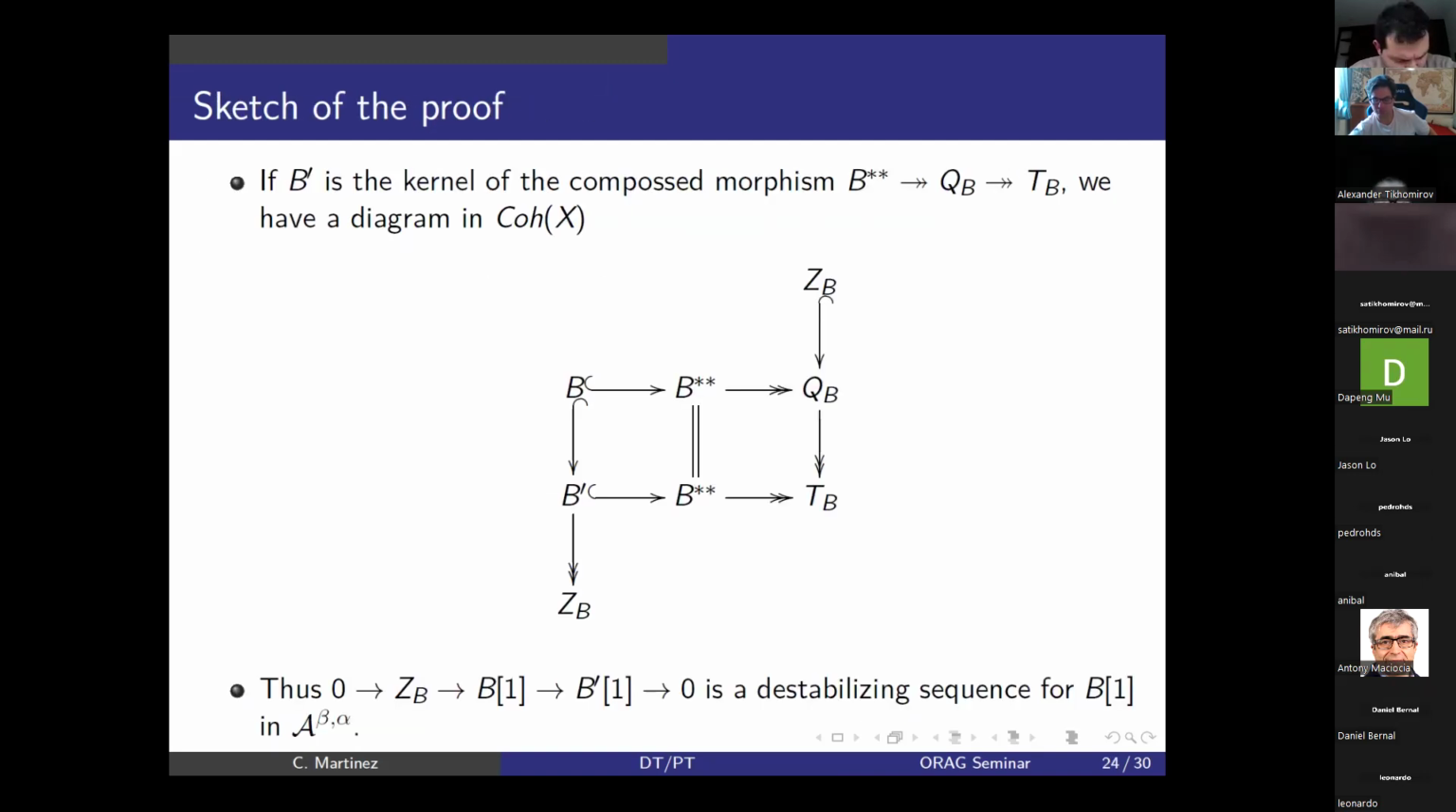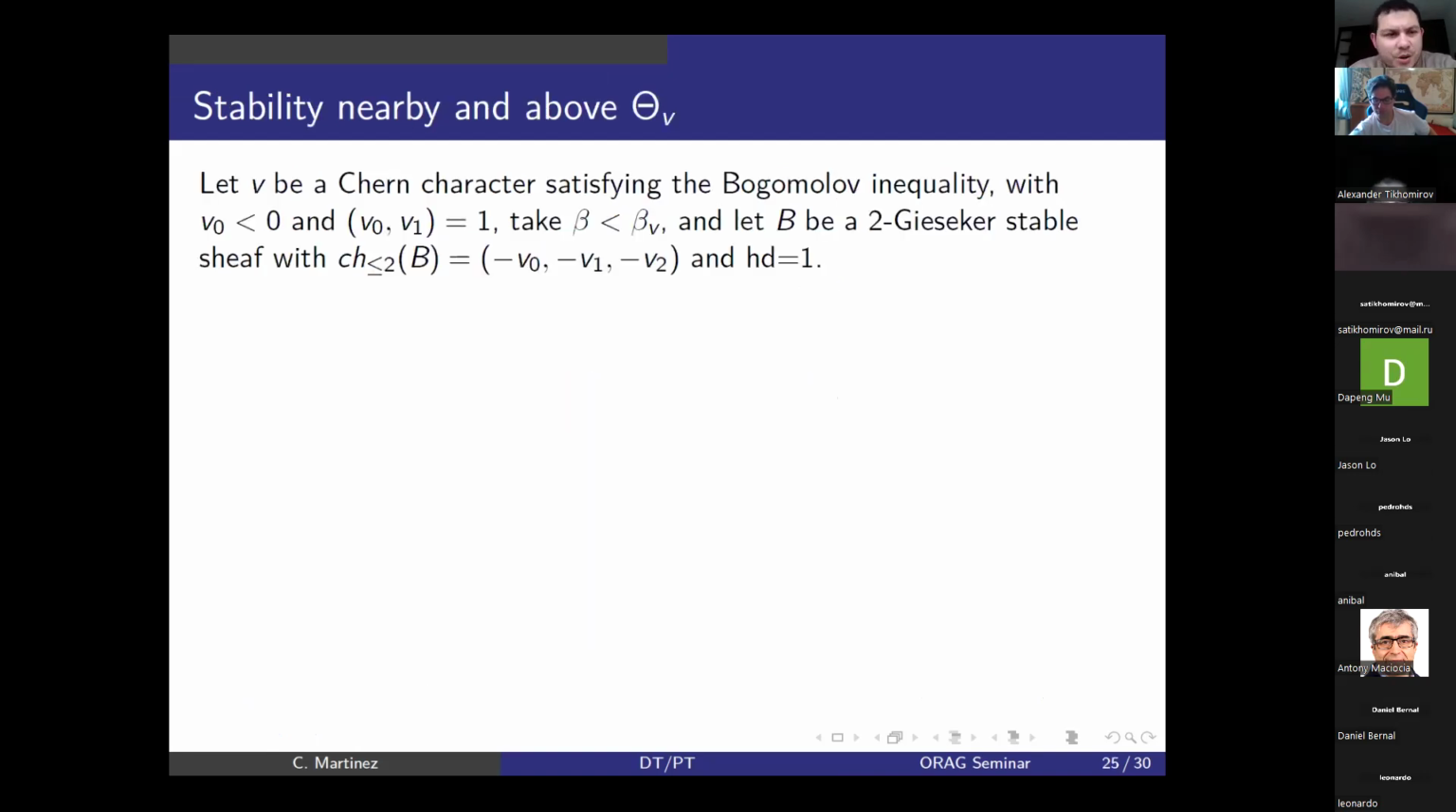Now I want to check, in these last 5 minutes, what happens nearby. These are very general things that happen when you have a wall. So let's fix a Chern character satisfying all these nice properties. I will take it with negative rank, sorry, and so that this coprime condition between